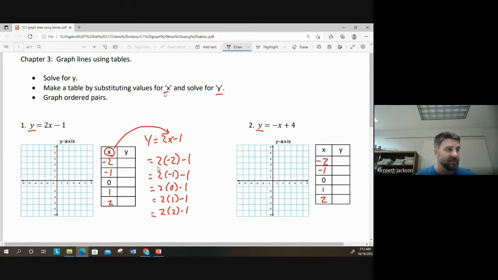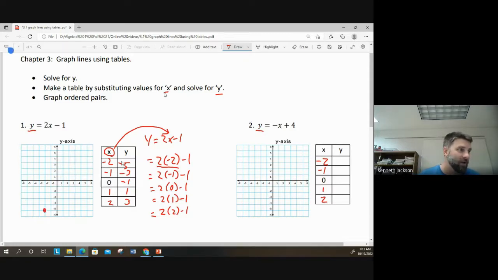2 times negative 2, negative 4. Negative 4 minus 1 is negative 5. 2 times negative 1 is negative 2. Negative 2 minus 1 is negative 3. 2 times 0 is 0. 0 minus 1 is negative 1. 2 times 1 is 2, minus 1 is 1. 2 times 2 is 4. Minus 1 is 3. Again, this goes back to some gateway pre-algebra, beginning of the semester number skills that students